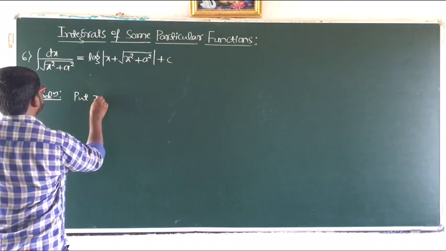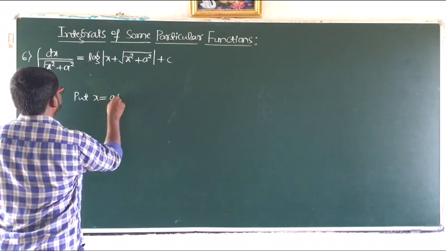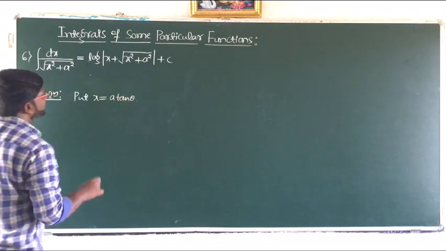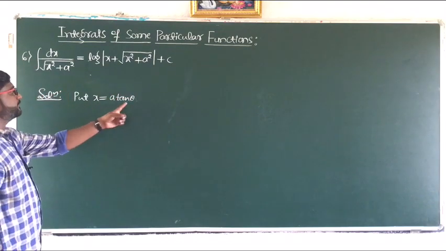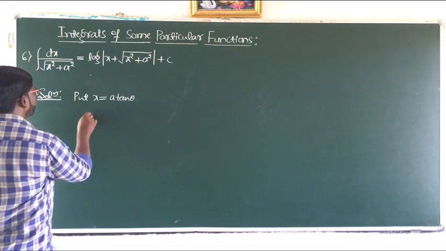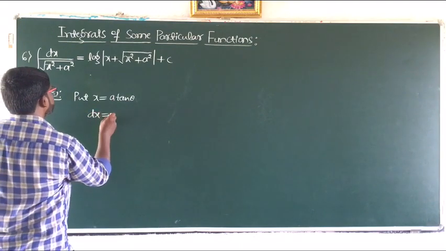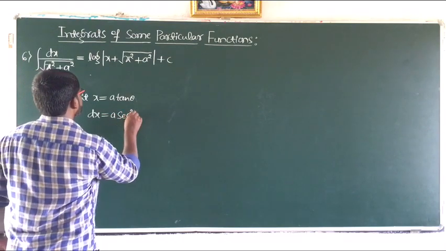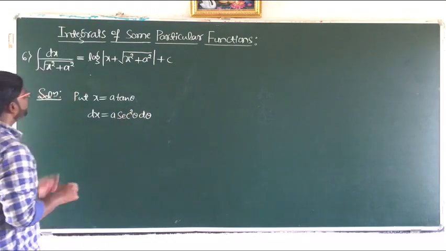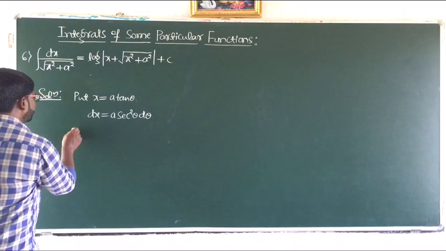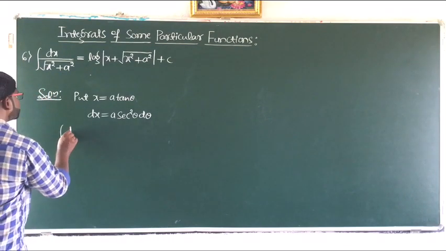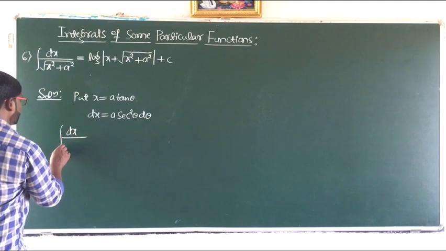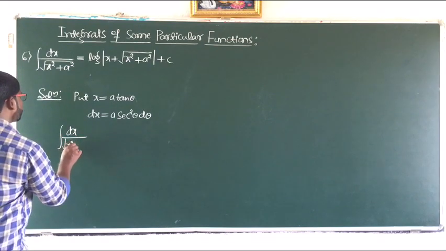Put x equals a tan theta. Now differentiate both the sides with respect to theta. We get dx equals a, derivative of tan theta will be secant square theta into d theta. So let us rewrite the integrand here. Dx upon under root x square plus a square,